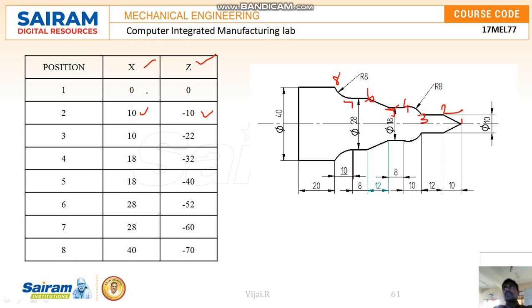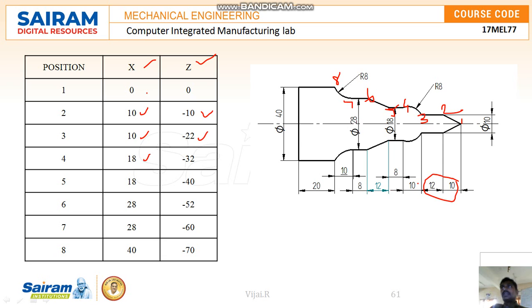So 3, 4, 5, 6. Just the 3 is 10 minus 22, because here it is 10 and this is 12. So the point 3 lies 22 mm from this side. So that is minus 22, and point 4 is here. What is the diameter over here? The diameter is 18, and the distance from this origin is 32, because it's added up with the 10